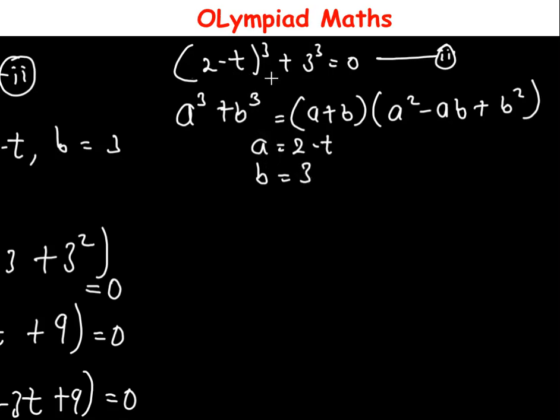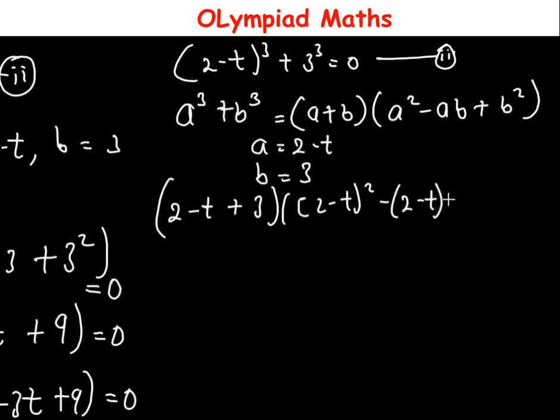So, expanding this equation, we're going to have in brackets a is 2 minus t, then plus b is 3, multiplied by a squared. A is 2 minus t, so 2 minus t all squared, minus a is 2 minus t, so in bracket 2 minus t multiplied by b is 3, then plus b squared, that will become 3 squared,